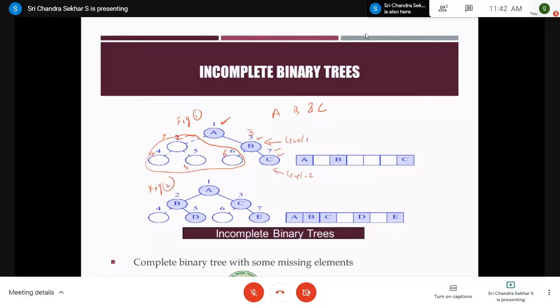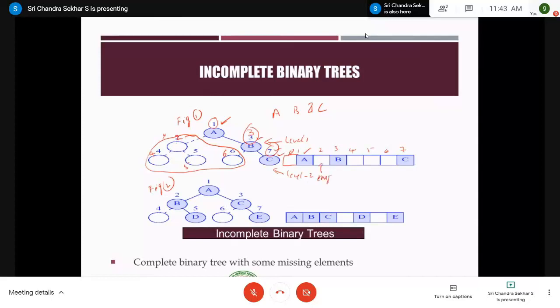So we assume it as dummy nodes and then you number it, right? So for this binary tree, the original node numbers are only 1, 3 and 7, right? So if you start storing these node values inside this array, this is the 0th index, this is 1, 2, 3, 4, 5, 6 and 7, right? So what is the node number of A? A should be stored in the corresponding index 1. What is the node value of 2? The node value of 2 is nothing. It has nothing, right? Why? Because it is a dummy value. Therefore, you leave it empty.